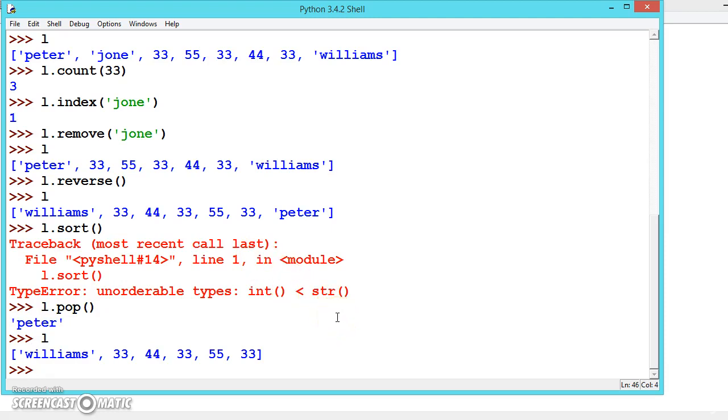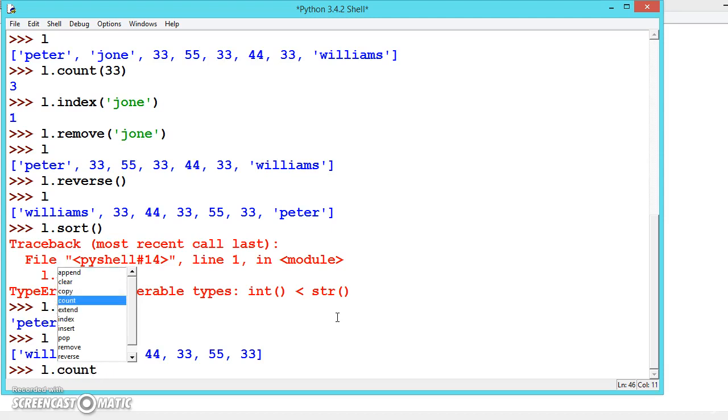To find what methods are available for the list, as I said earlier, print L and dot and wait for a second. This will show you all the methods available. You can sort, reverse, remove, pop, insert, index, extend, count. The count will give the number of occurrences of a value.